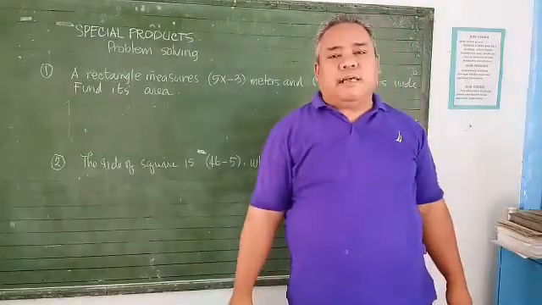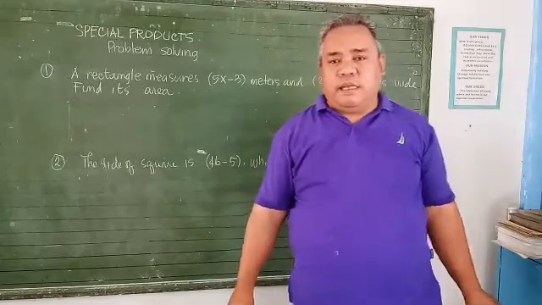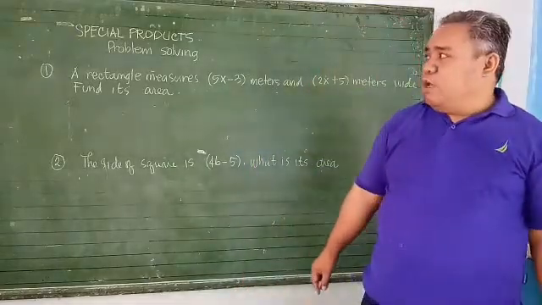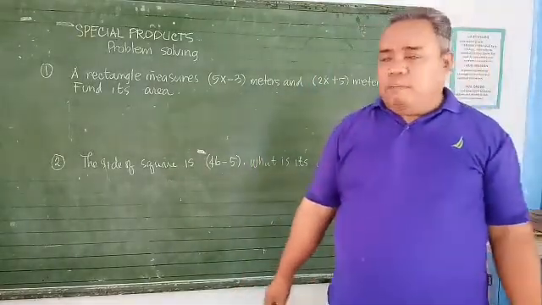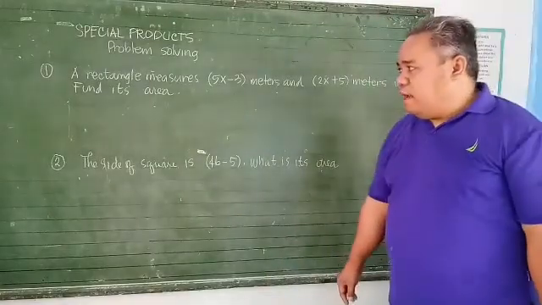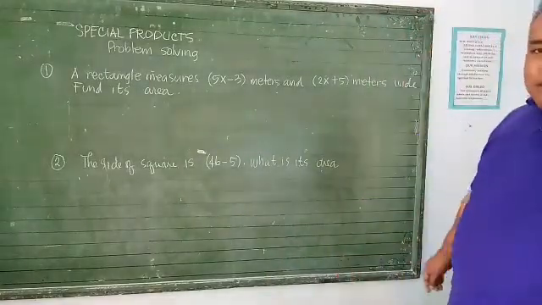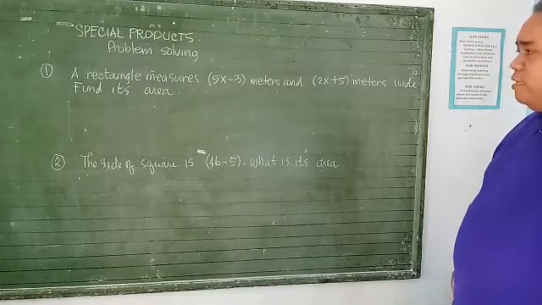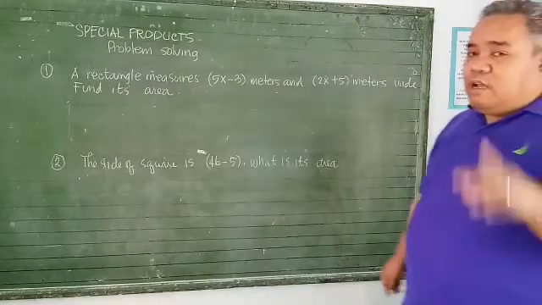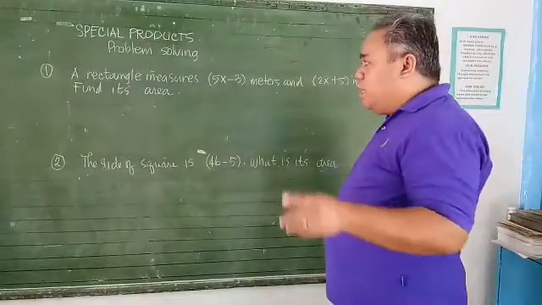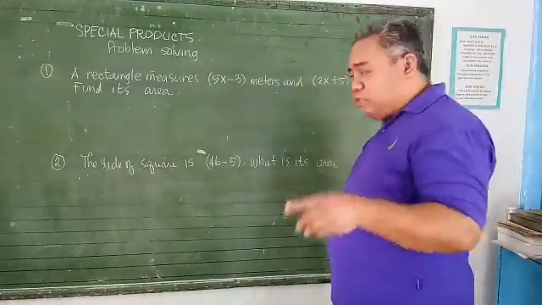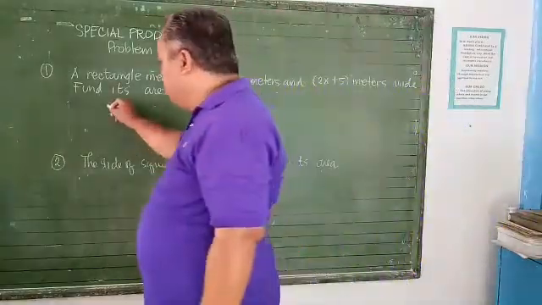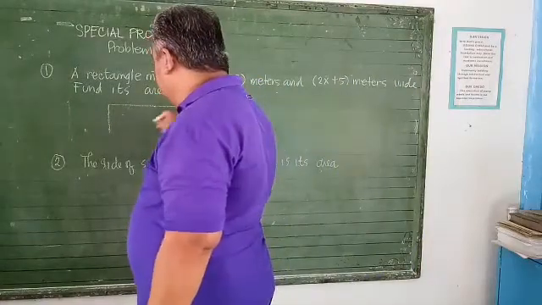Okay, let us now discuss the last part of this topic, which is the application or the problem solving of special products. In number 1, we have the problem such as this one. A rectangle measures quantity 5x minus 3 meters long and the quantity 2x plus 5 meters wide. So find its area. All you have to do first is to illustrate your problem para hindi kayo mahirapan. So if this is a rectangle, as it said in the problem,